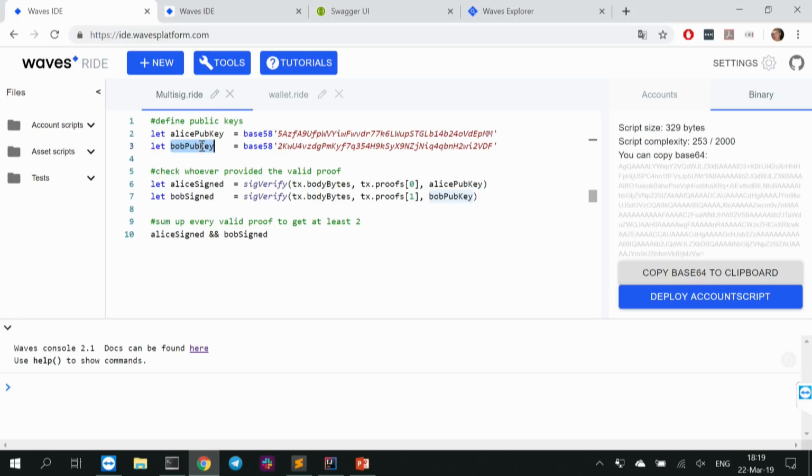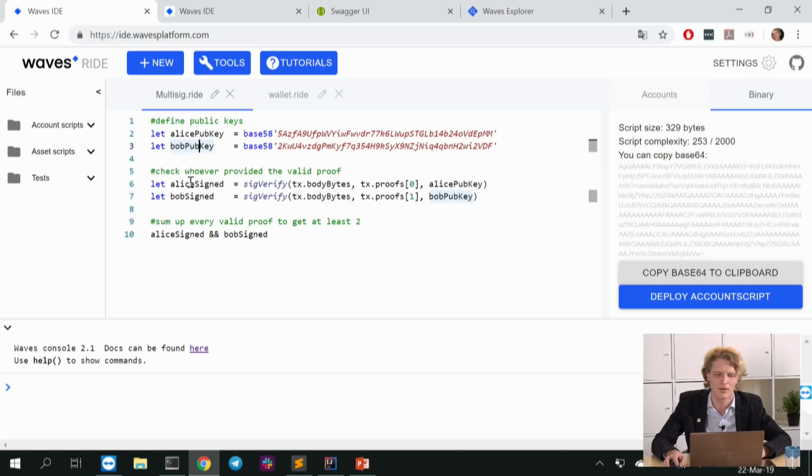So look, let's build the simplest multi-signature that requires 2 people, Alice and Bob, to provide a valid signature. We'll write it so that we have public keys defined. We have 2 booleans defined: Alice signed is produced by the sigverify function that checks the signature. Bob signed is also provided through sigverify. But these variables are lazy, meaning that they are not computed unless they are needed. So when this code gets evaluated, if Alice signed is false, the Bob signed variable does not get calculated,